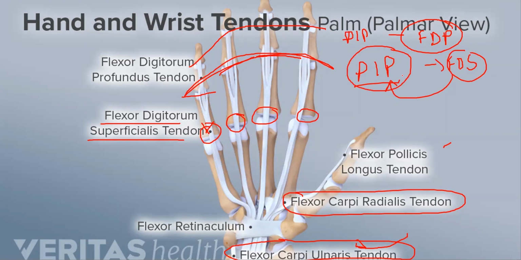Now, the problem is that if a patient is able to flex the proximal interphalangeal joint, you don't know which muscle is helping. Is it superficialis or profundus? Because both give the supply. To differentiate between these two, we need to do a maneuver. And that's the main part in the exam that you have to explain. So if you want to differentiate between FDP and FDS injury, what you need to do,